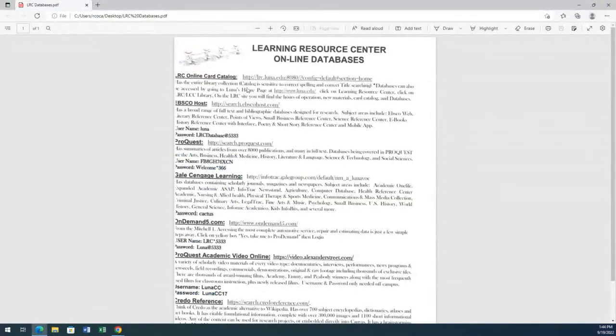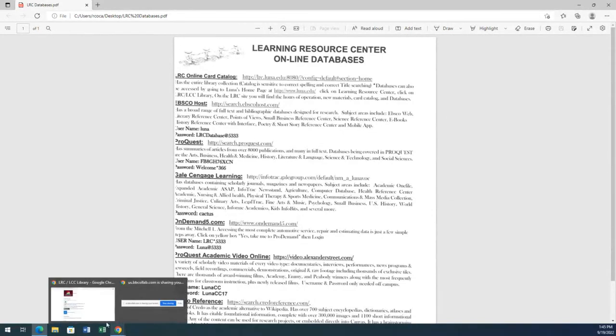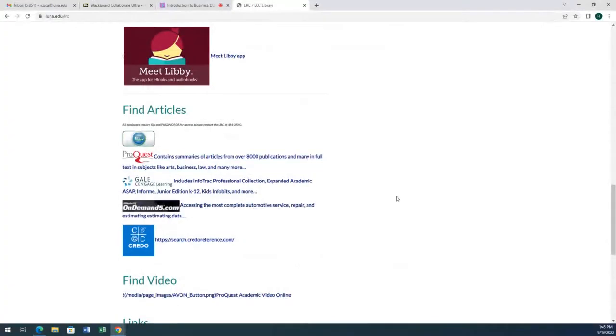This is how it looks. Depending on which database you choose, you might have to enter a username and password, and those are given to you over here on this document. Okay, so back to the library page. So let's choose the